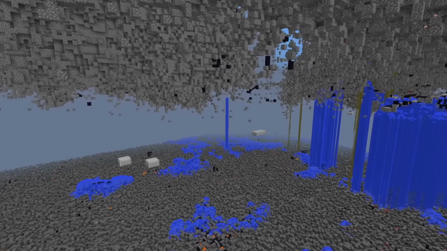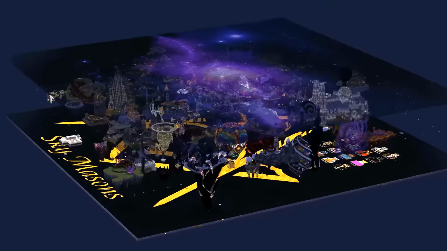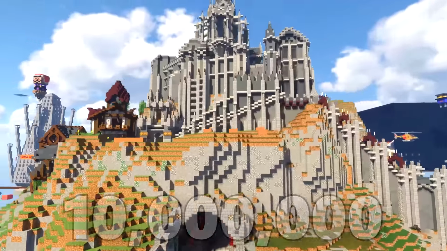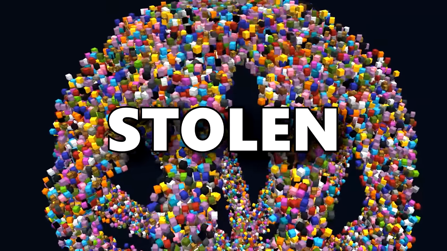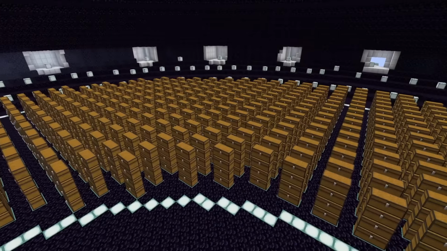A few weeks ago on the oldest Anarchy server in Minecraft, one of the largest bases in its history was swiftly destroyed by griefers. Called SpawnMasons, it was the culmination of many years of work. But what if I told you that out of the 10 million blocks placed at the base, every single one was stolen from other players, and they were all kept inside the most sophisticated item stash ever built in survival